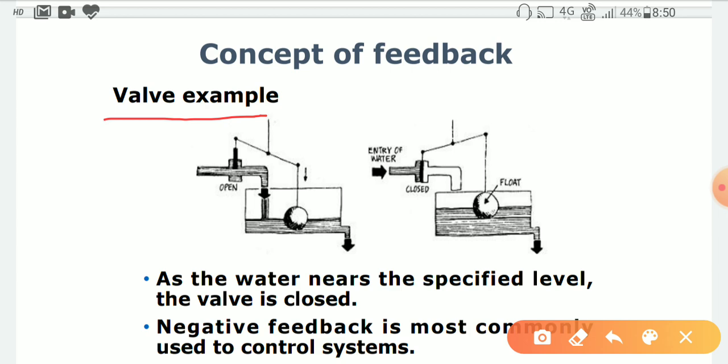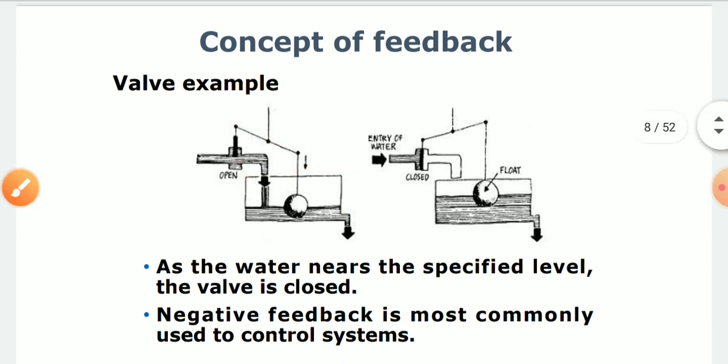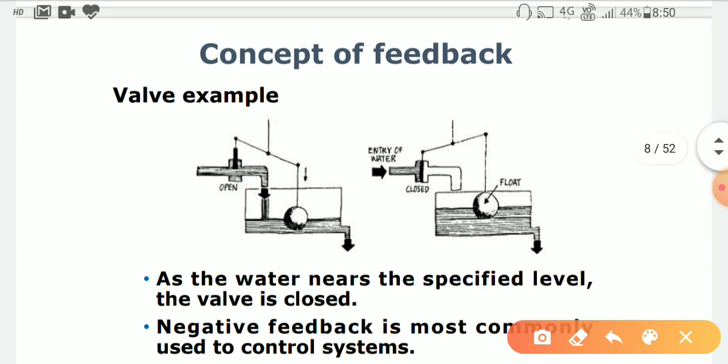Initially, let us think that there is a tap present. This is the tap and it is in the open form. And this is a reservoir where water or any kind of liquid is coming. If no control or feedback topology is applied, what happens? Water or liquid keeps coming into the reservoir,